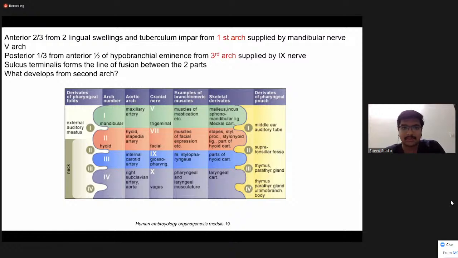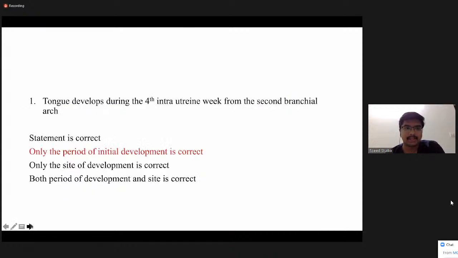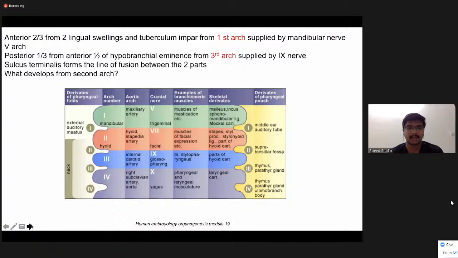Sulcus terminalis forms the line of fusion between the two parts. What develops from the second arch is the hyoid bone. Now, I'm answering the question that the tongue develops during the fourth intrauterine week from the second branchial arch. Only the period of the initial development is correct. That means from the second branchial arch, the developing structure will be